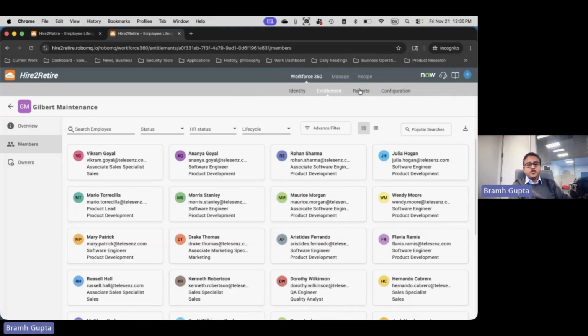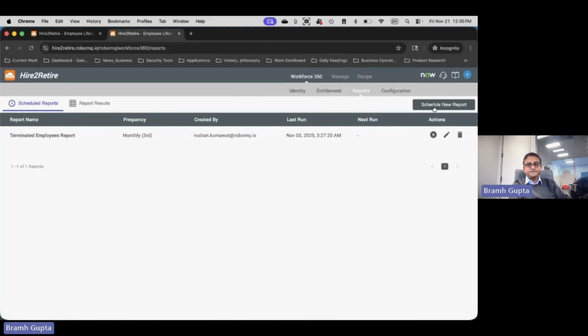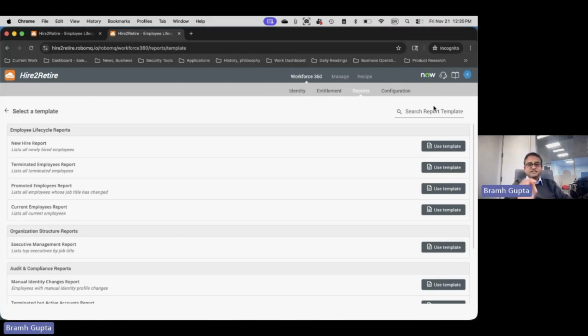In addition to it, we also have these scanned reports. To a large degree, they are around compliance requirements. If you see these reports, they are some of the common reports that you have for SOC 2, ISO 27001, or the other NIST cybersecurity standards. For SOC 2 and ISO, there's a requirement to say, okay, in the review period, who all were hired in the HR system,